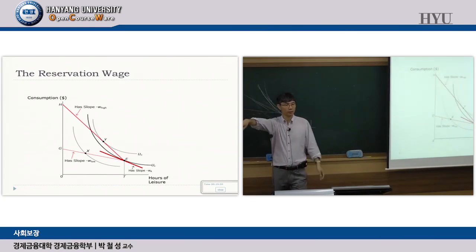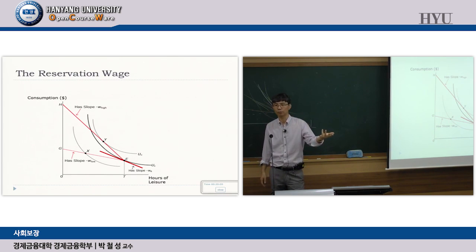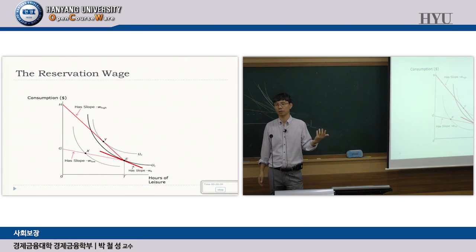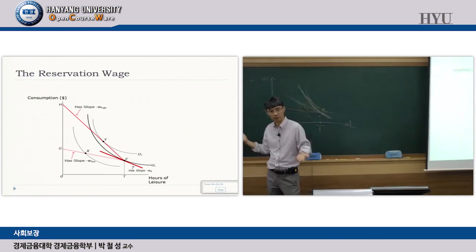Among you, some may have a stronger taste for leisure, and some a relatively weaker taste for leisure, or a stronger taste for consumption. I like to consume; probably some of you like free time. The individuals who have a stronger taste for leisure are likely to have a higher reservation wage, and those who have a stronger taste for consumption are likely to have a lower reservation wage. So for the same wage offered, some will work, some will not.